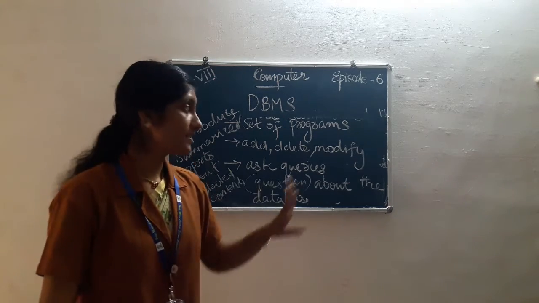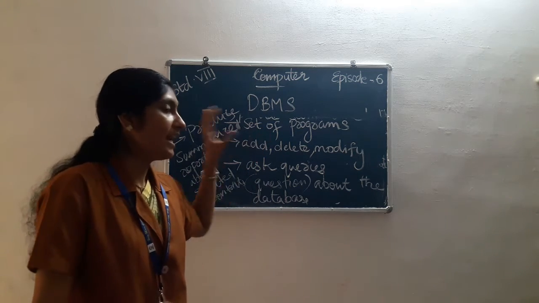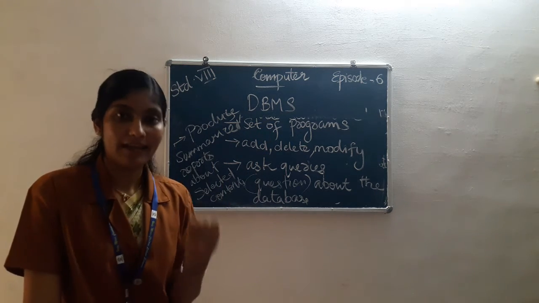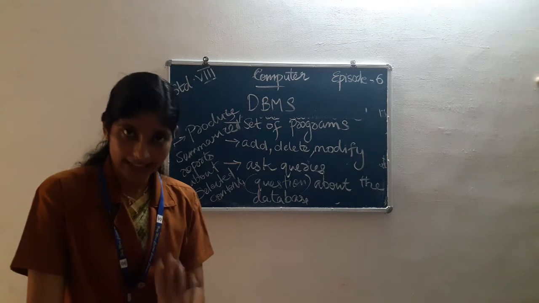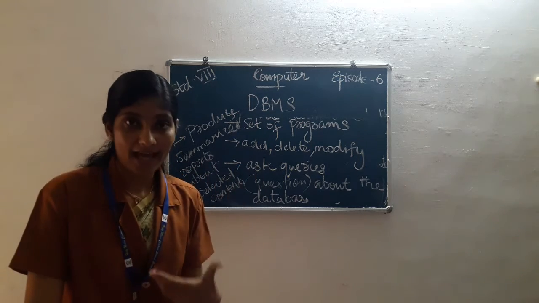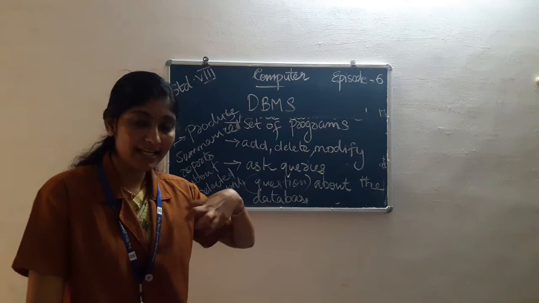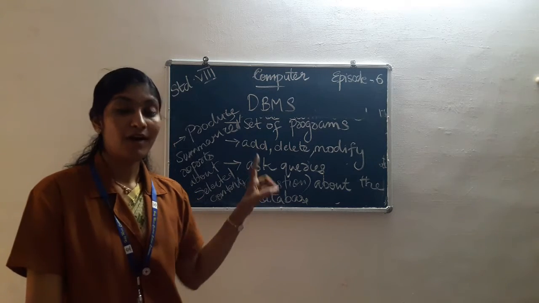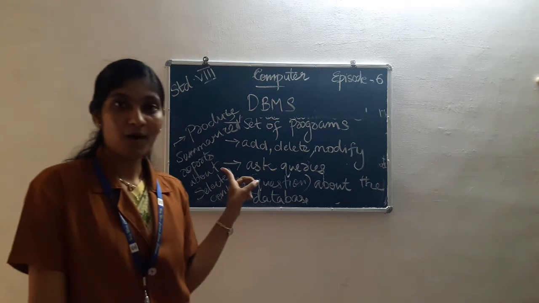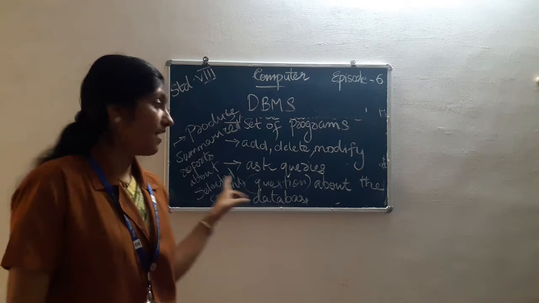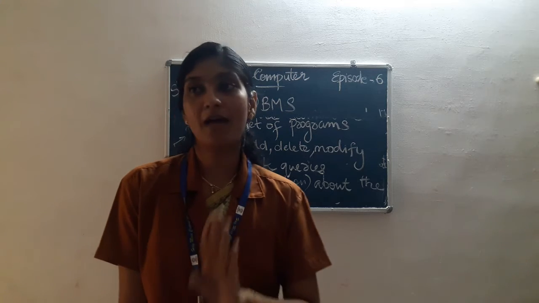So it contains four things. First, a DBMS is a set of programs. Then it provides facilities like we can add data, modify data, delete data or edit data in the database. Third, we can ask queries or questions about the database. And fourth, finally, after the whole process, we get the final result, or we can say the final report, that means summarized reports about selected contents, which is the definition of a database management system.